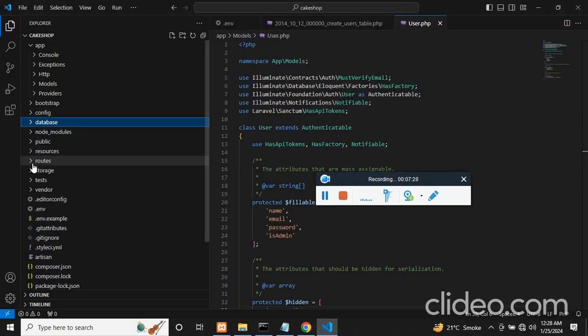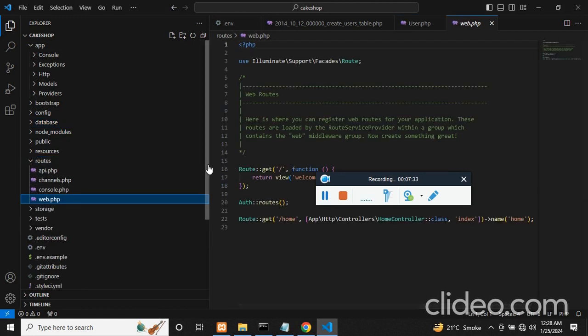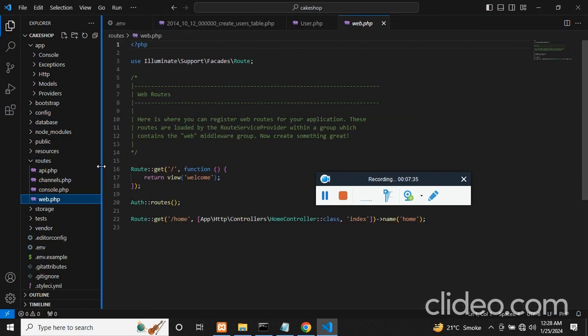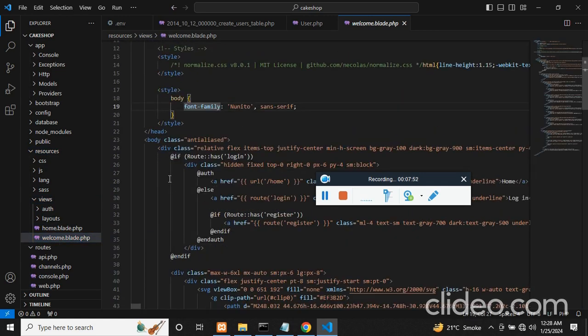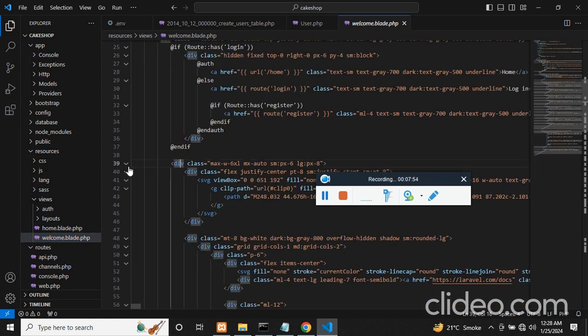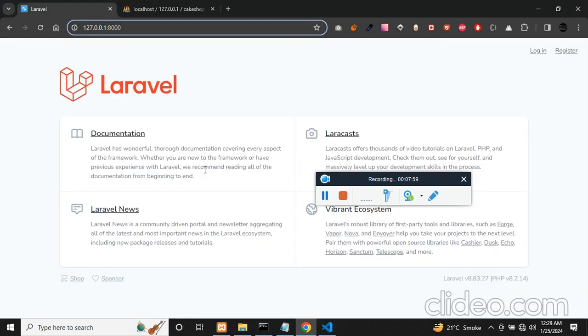What Laravel does is it will get into routes, into web.php, and read the line. You'll see the slash represents your IP address. When there's a call for this address, this URL, then return the view called welcome. So what is welcome? In the resources, in the views, there's a page called welcome, and if you edit this welcome, let me just remove this and type hello,